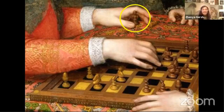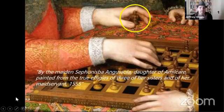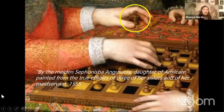Now, another amazing thing, you could see that Sophonisba signs her very long signature at the side of the board. Of course, this is an imaginary chessboard, and no board would have this long signature. Can you see it at the bottom where the other hand is? It's right at the edge, a little blurry here. That literally says, by the maiden Sophonisba Anguissola, daughter of Amilcare, really identifying with her father, painted from true effigies of three of her sisters and of her maidservant